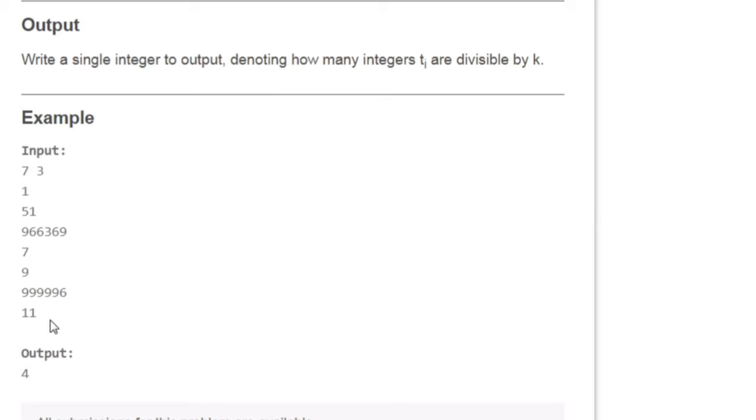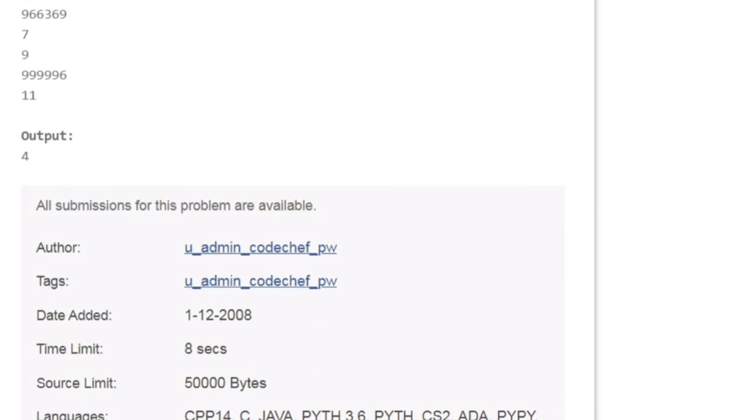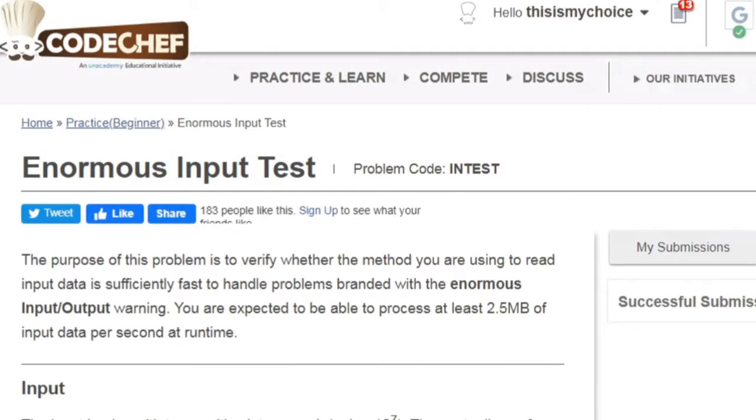So let's do our program. I tend to do all my programs on my PC or my laptop and then copy paste it here, and I've already pasted it here. So this time I've chosen the language Python.